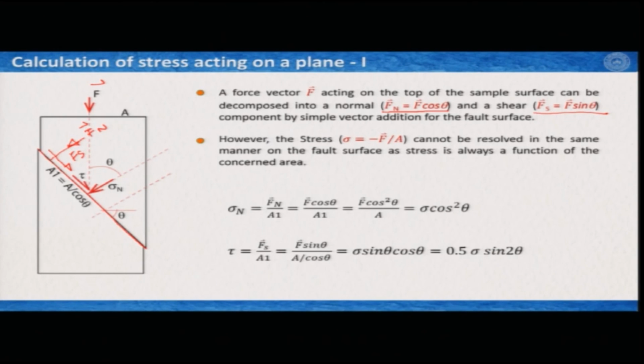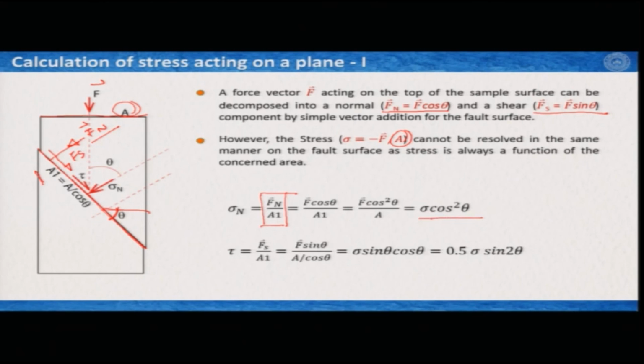But for the stress, it is not that straightforward, simply because stress is a function of the area. Now clearly the area here is not the same as the area of this fracture plane. Now if I know this angle, which is theta, so this area, if I designate it as A1, then A1 is a function of the area A and this angle with cosine. So A divided by cos theta is A1, the area of the surface. So therefore to calculate now the normal stress, clearly we have the Fn and we have the A1. So that would be your normal stress working on the surface,